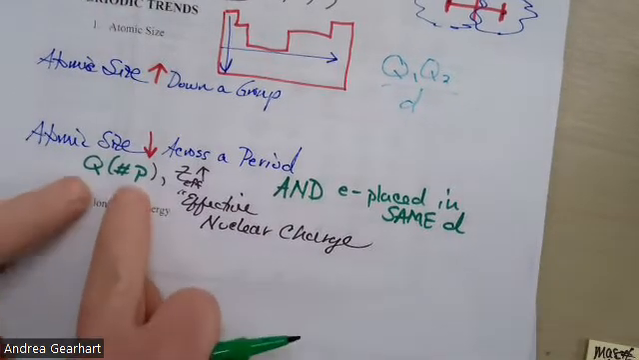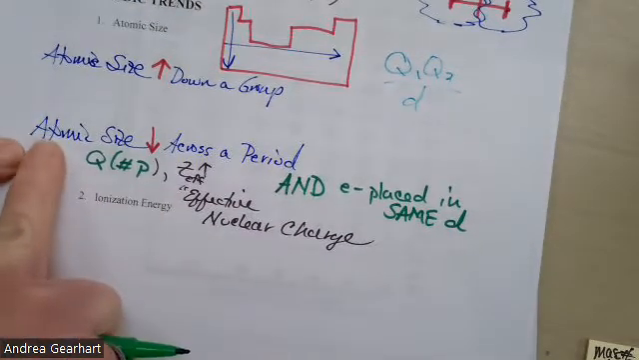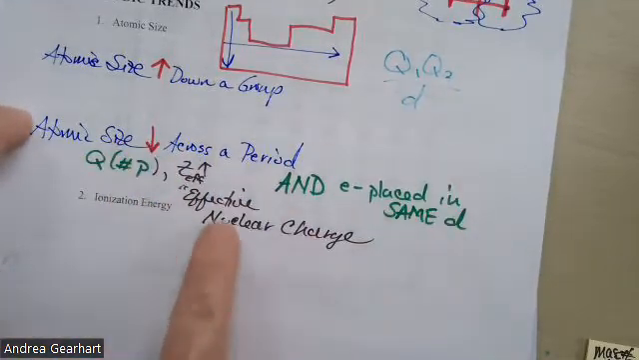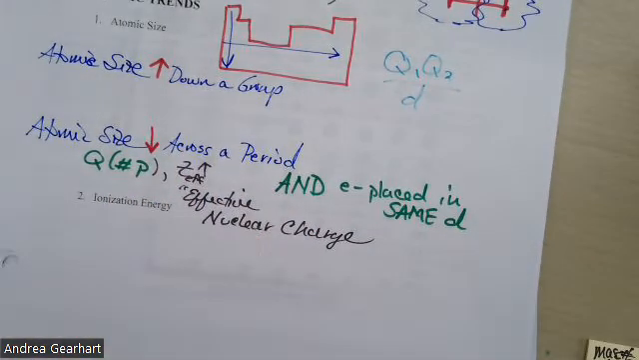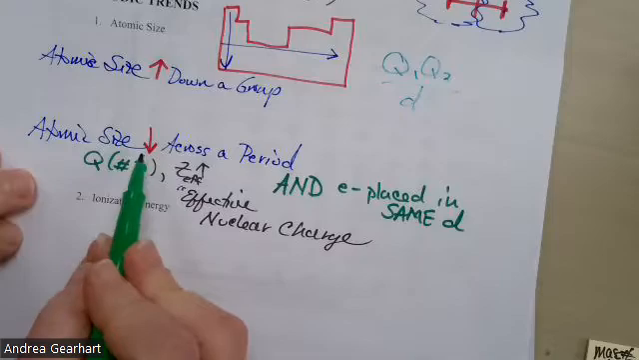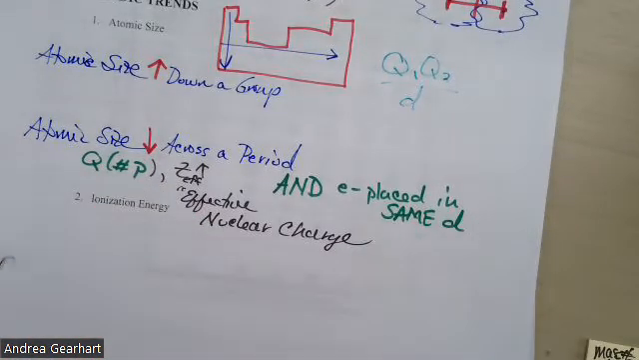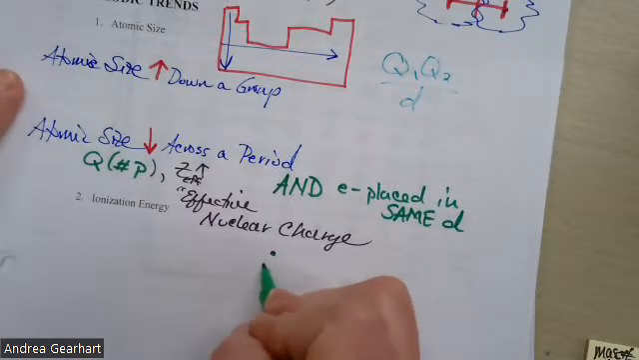Okay, so this is kind of the claim: atomic size is decreasing. This is the evidence. So then what's the reasoning? It's going down because we're adding more protons. The electrons are placed the same distance. Therefore,